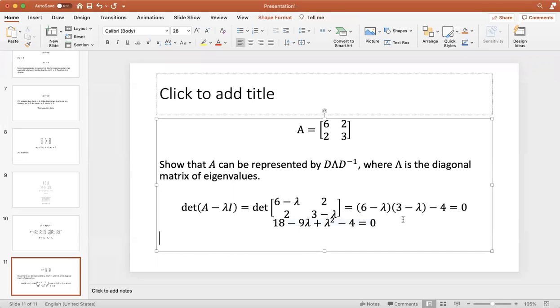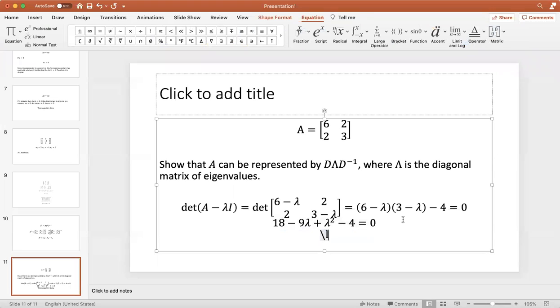Now, subtracting this, you'll get lambda squared minus 9 lambda